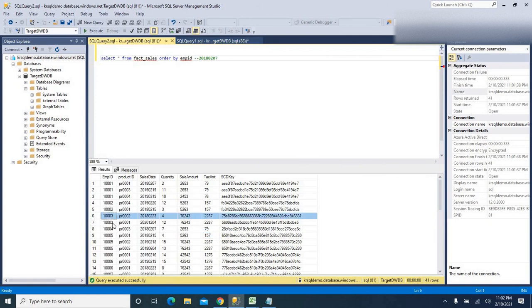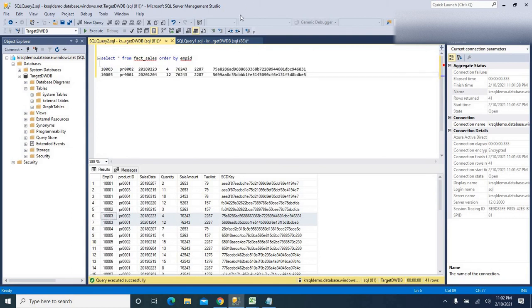If you take this example, employee ID 3, this employee has sold this product, the sales date is 2018-02-23, and this is the SCD key which is generated.